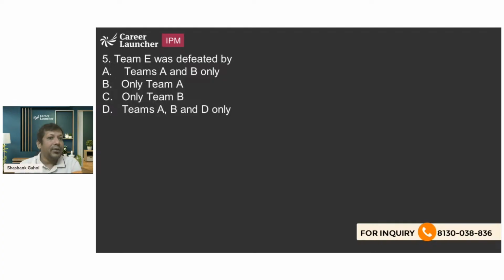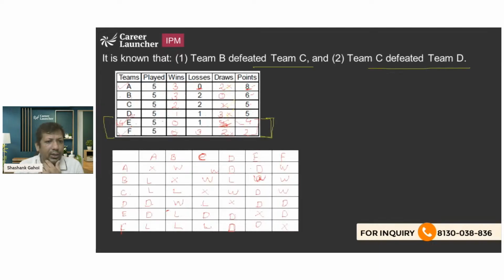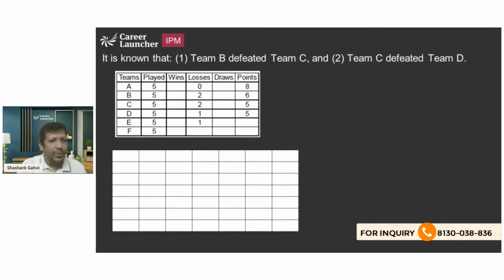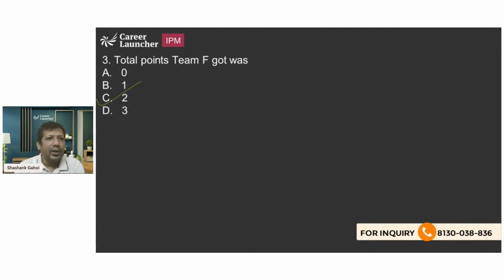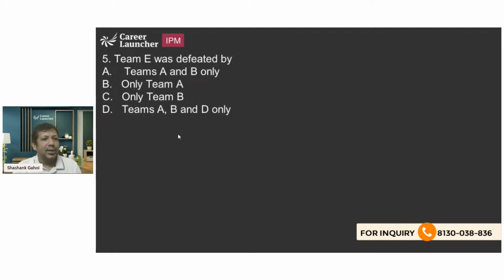Team E was defeated by whom? So Team E was defeated. E got defeated. D lost only one match, that is against B. So only B defeated E, और किसी और टीम ने डिफीट नहीं किया। ठीक है, so answer comes out to be this. That is going to be option C. ठीक है,